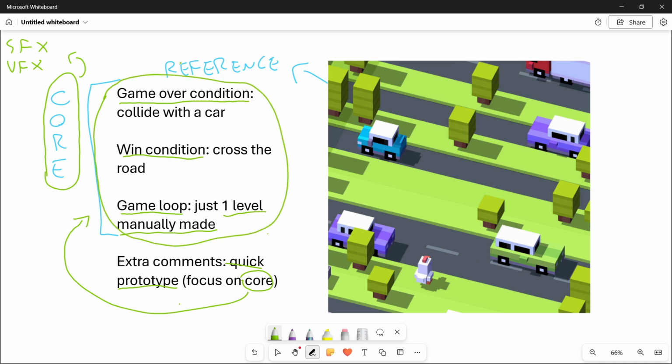And of course, with the knowledge that you gain with more courses that you can watch from me or from other amazing creators, you may be able to focus more on other mechanics. Of course, the core can be bigger. Of course, the secondary mechanics, there are much more, but I just want to give you a quick overview on this. But this is something that you should always take a moment for before creating any kind of project. Of course, the bigger your project is, the longer this document will be, and the more stuff you will need to put inside of it. But I believe that this structure for something super simple as what we're going to be creating is going to be